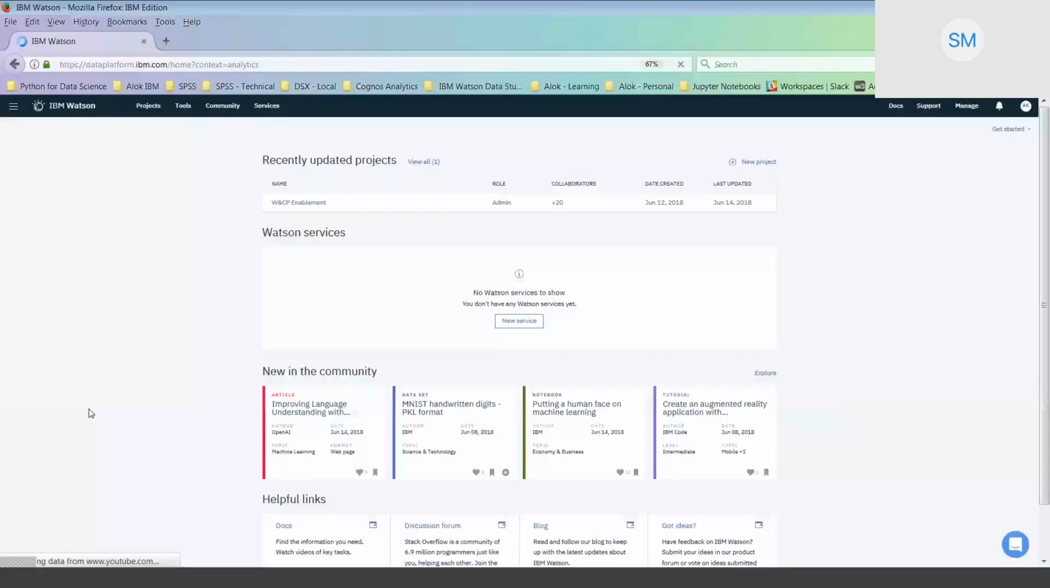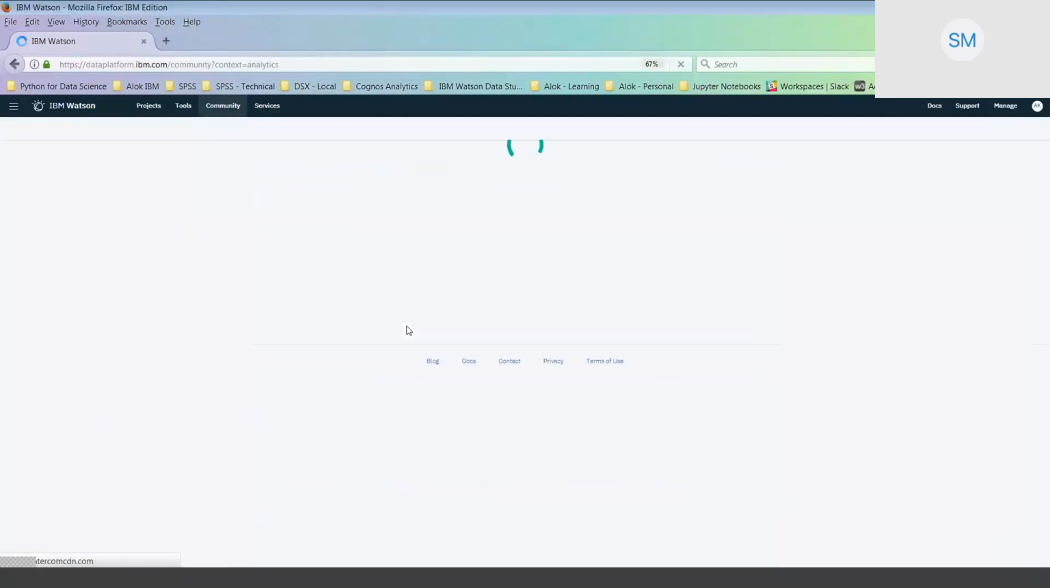Now this is the launching page that you see on my screen, and then you have the community section, right? So community comprises a plethora of different assets, such as articles, notebooks, and public data that might be available in there. So what you can do is